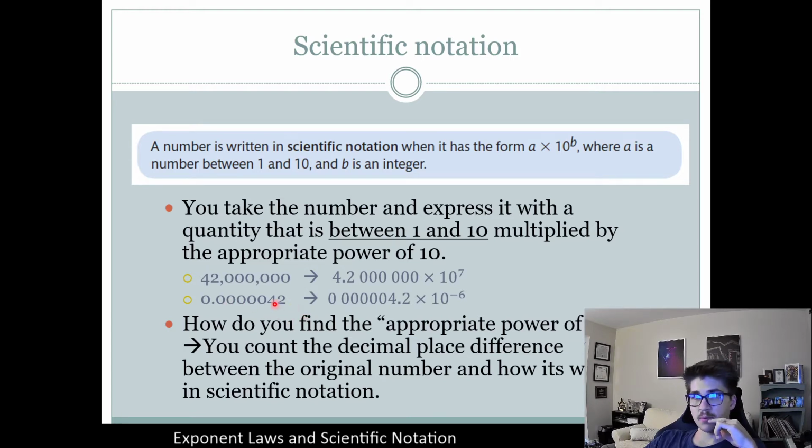And same with this one, I would put the decimal place between the 4 and the 2. That would leave me with 1, 2, 3, 4, 5, 6 spaces, which is why in scientific notation, it'd be the -6. And obviously when we're writing numbers, it can kind of look weird the way I did it here,